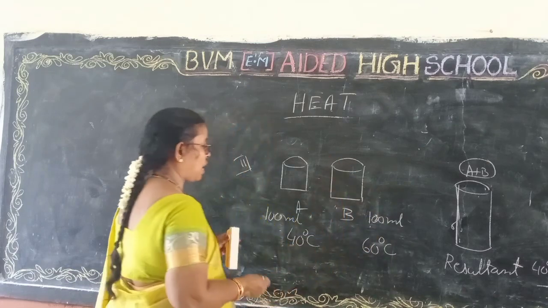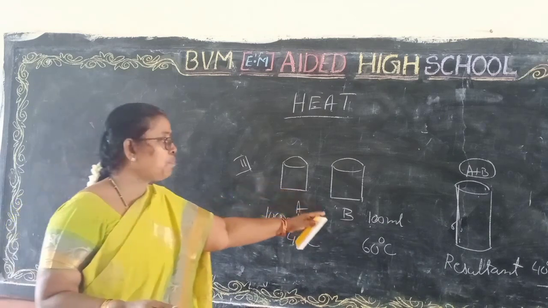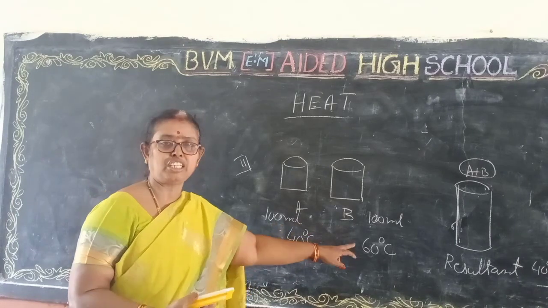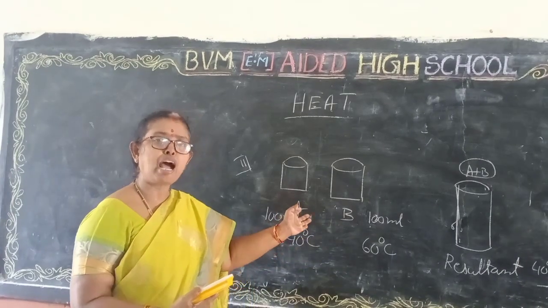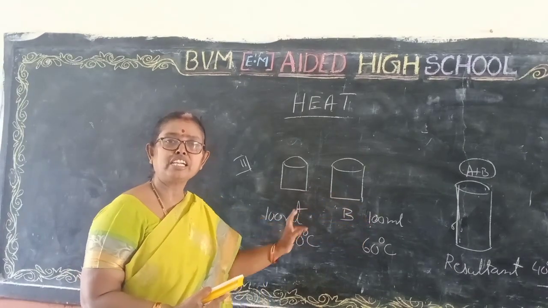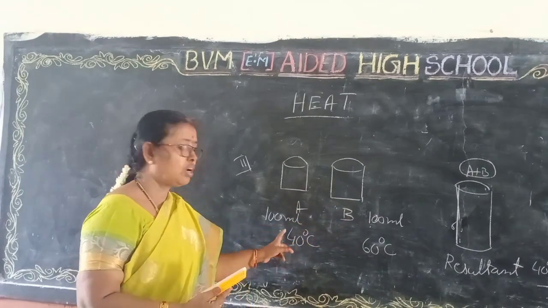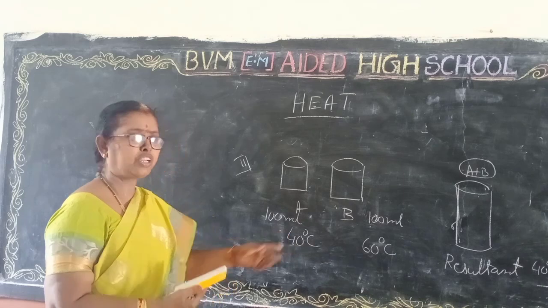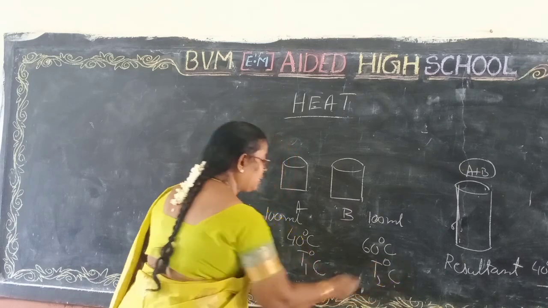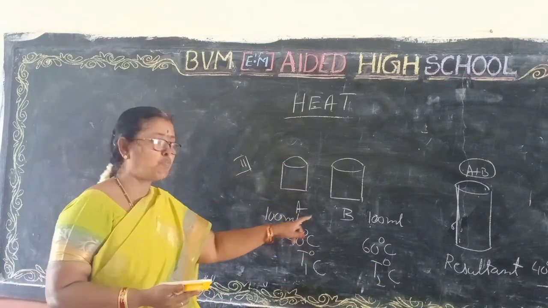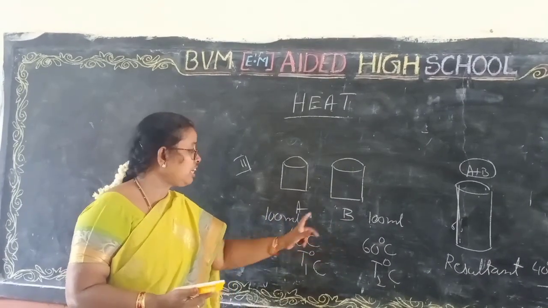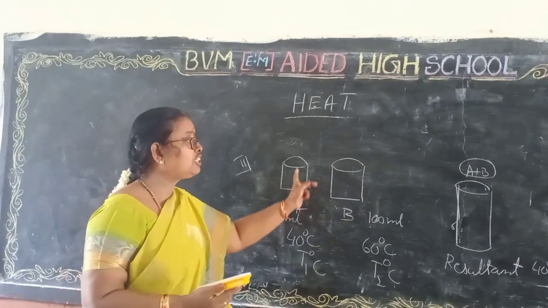Similarly now, in the third activity, you take both similar volumes. Take 100 ml of water in A and 100 ml of water in B, or 100 grams also you can write. The temperatures are 40 and 60. So the masses or volumes in both beakers are equal. The temperature of 40 we can write as T1, and this is T2. The masses are the same, but the temperatures are 40 and 60.